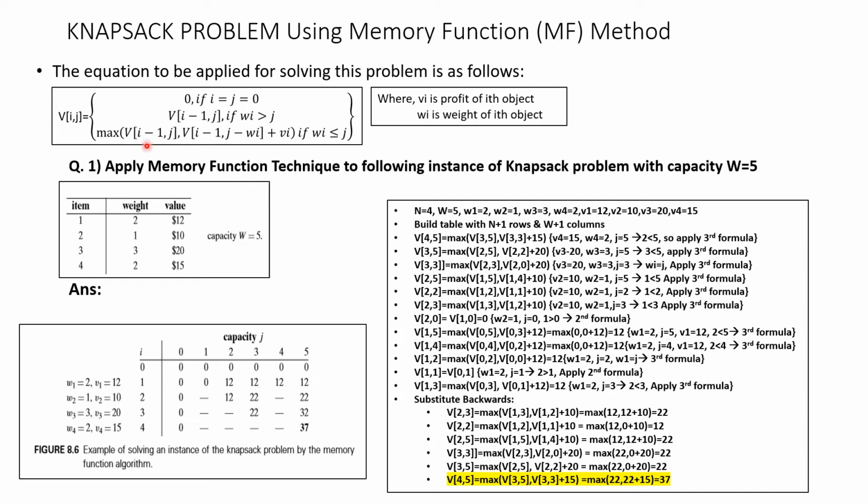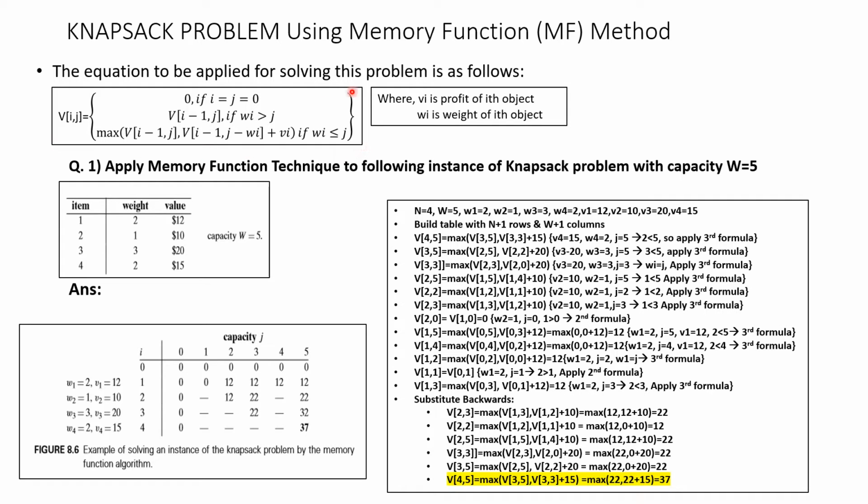So before I go to the actual problem, if you remember, a knapsack problem is nothing but a bag is given and you have to put the objects in the bag in such a way that the capacity of the bag is not exceeded and the profit of putting the weights in the bag is increased. So the profit should be maximized and the capacity is not exceeded. So this was the formula actually used to solve the knapsack problem using dynamic programming. This was done in the previous classes.